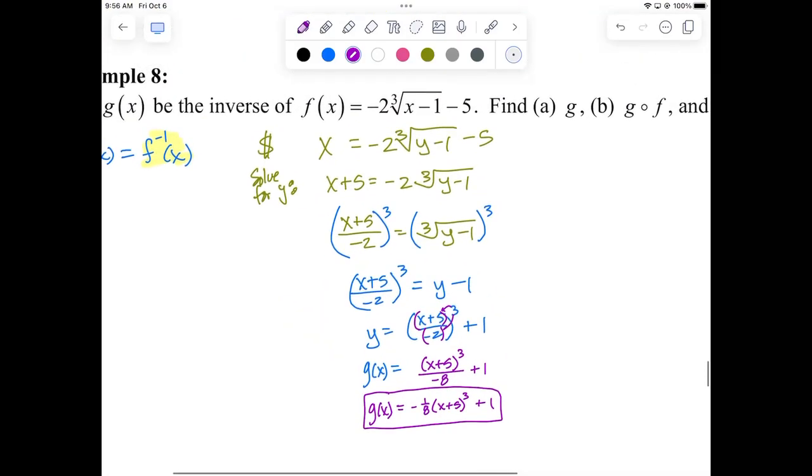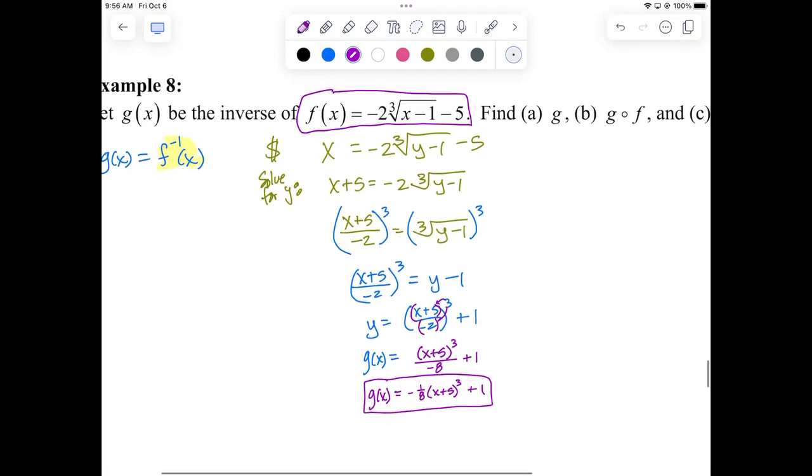So g of x and f of x up here are now inverses of each other. They make a perfect coding and uncoding cipher. Like if you have a friend, that's a big if, right? In my world. If you have a friend and you want to send them a secret message, you could get the letters of the alphabet laid in front of you, and you can assign a number to each one of those letters in the alphabet. You can write your message in letters and then put it into numeric code. Take each of those numbers and put it into f, and you get an output. Then you send that secret message to your friend, and they have the g of x decoder, and they will